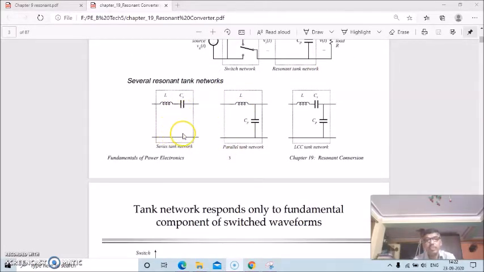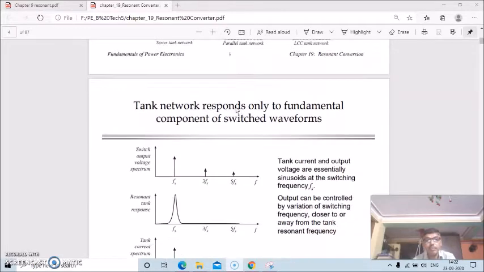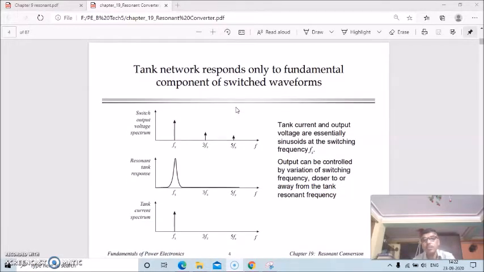That is the series tank network, where L and C are in series. This is the parallel tank network, where L and C are in parallel. Here the series capacitor is denoted CS, and this is the parallel capacitor CP, and this is the LCC tank network, where both series and parallel capacitors are there with the inductor. These are the several resonant tank network circuits, and the tank network responds only to the fundamental component